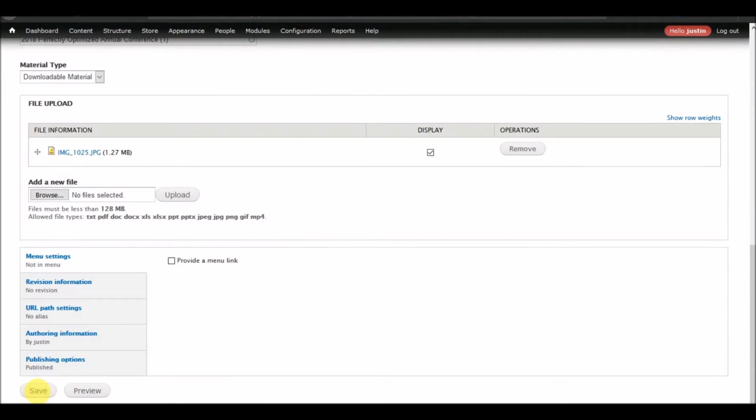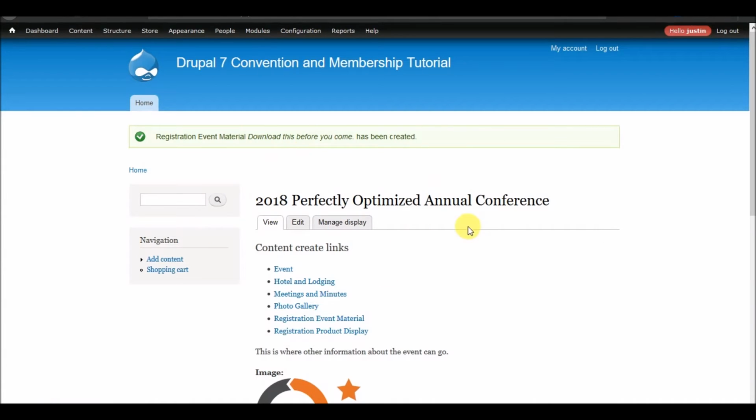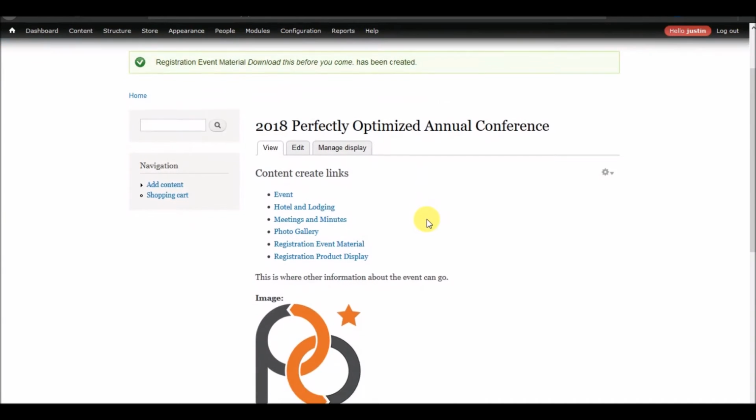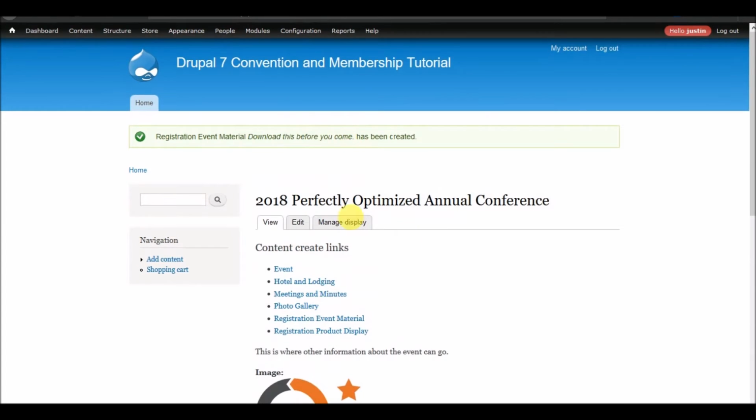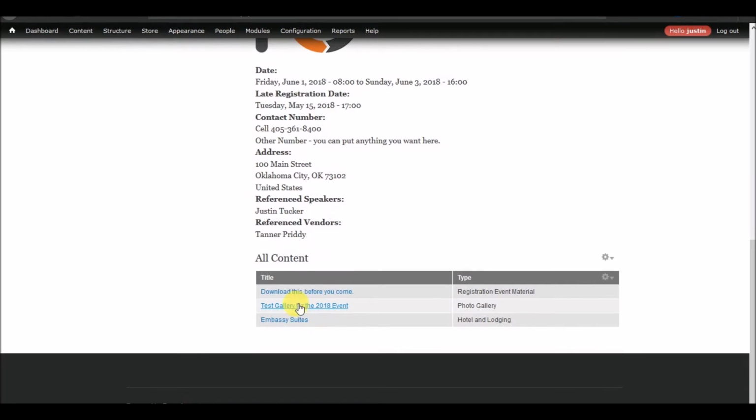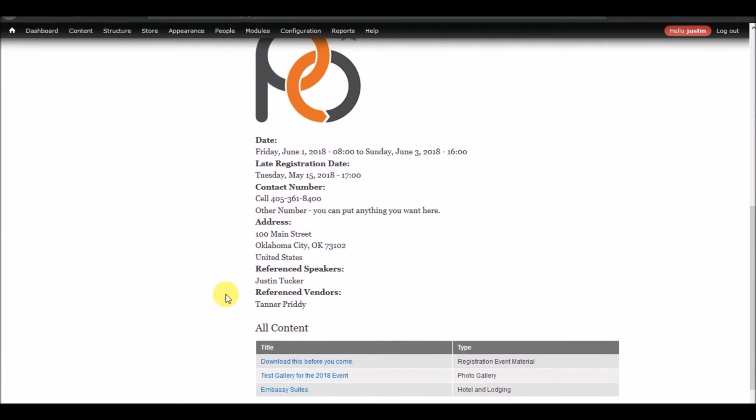Okay, and if we hit save on this, you'll notice it takes me back to my event, and then I have another entry. Okay, so again, I know it's not necessarily desirable to display the content that you're creating for your conference like this. For example, it'd be much nicer to show a photo gallery in a separate section with all the photos that we added, and we'll get into that, but I just wanted to kind of show you